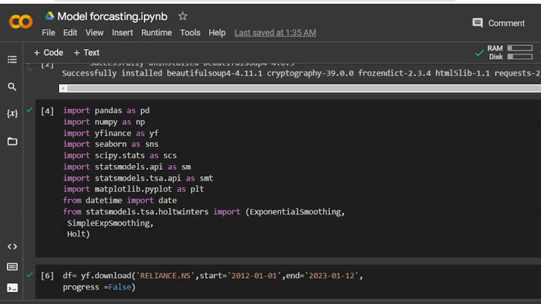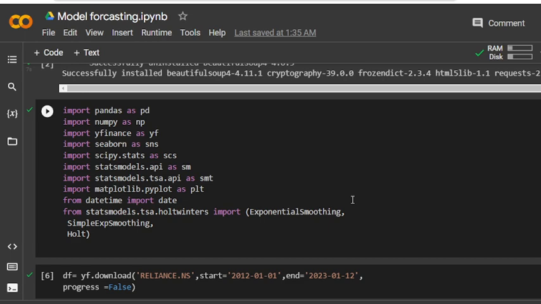So we need to import some specific modules: import pandas as pd, import numpy as np, import yfinance because I am going to collect the data from Yahoo Finance, scipy.stats, statsmodels.api as sm, statsmodels.tsa.api as smt, import matplotlib.pyplot as plt, and datetime import date. From statsmodels.tsa, Holt-Winters we don't need here, because after some time we will use Holt-Winters, and import it here specifically.